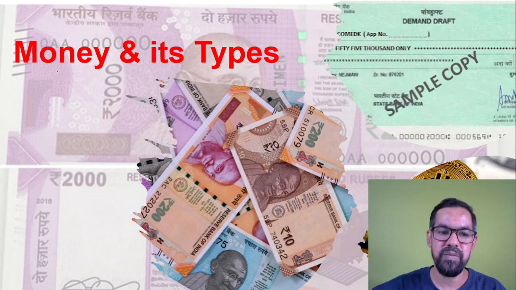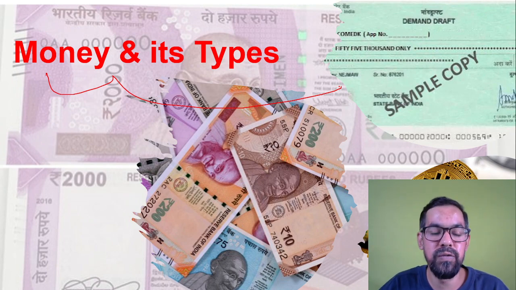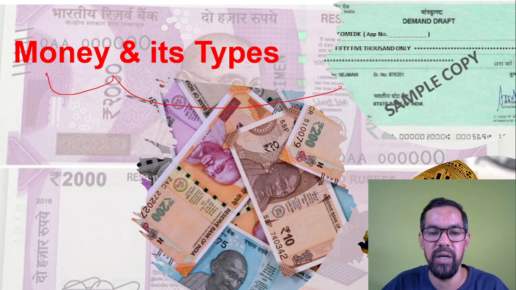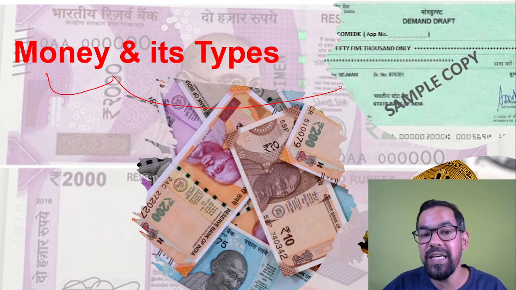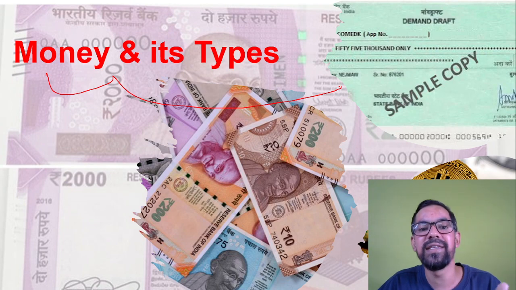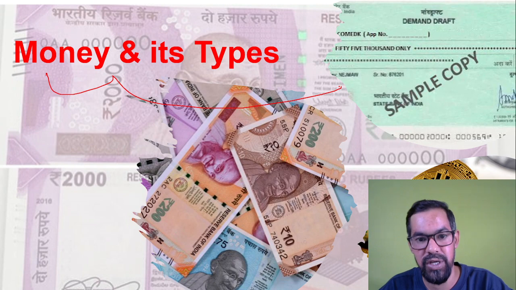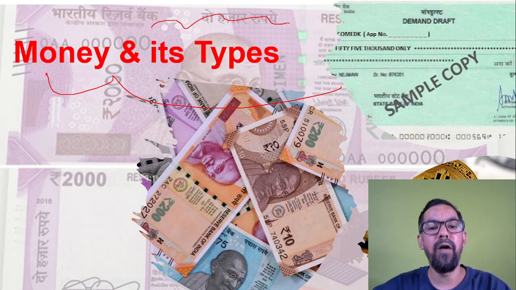What is money? Money is generally used as a medium of exchange, and the legal definition is that what law says is money, that is money. In India, law says the 2000 rupees currency note is money because it is legal tender. It is part of fiat currency because its intrinsic value or cost is much lesser compared to its face value, the value it represents. And the different types are commodity money,